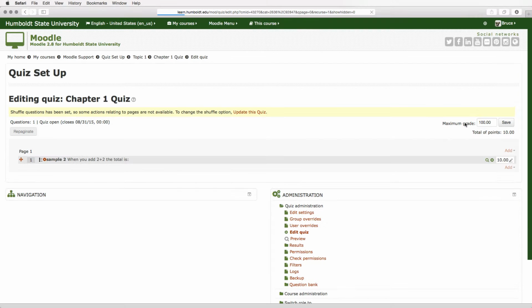A lot of people have difficulty in that they'll not notice that it's a 1-point question. They'll put 100 points for the quiz total. People get 10 out of 10 and end up getting an F. Really makes things difficult for everybody. So this is a very important step. The good news is you may adjust these values as you continue to work within your quiz. For example, if you decided to give more questions, you can change the point value and the total value.